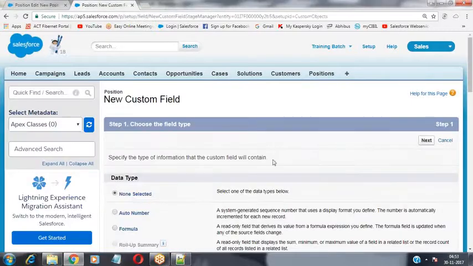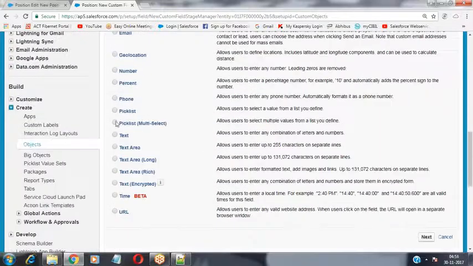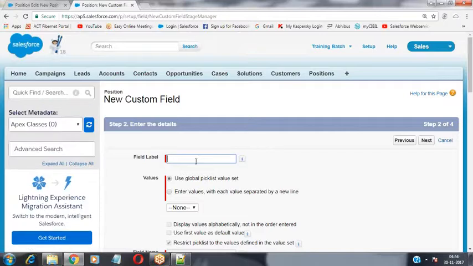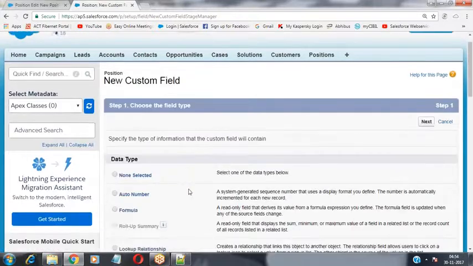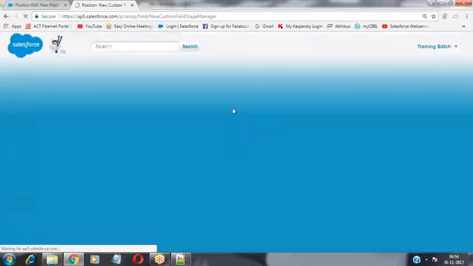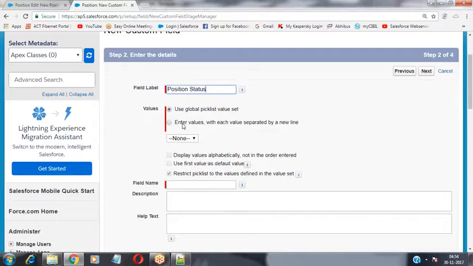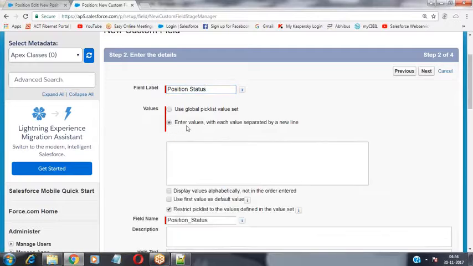Now, the next one. I'm creating the next field. The next field is the position status, which is also of type picklist. So I'm selecting the picklist data type, click on next, and specify the label as position status. I would like to enter the values, so I select the second checkbox in order to enter the values.